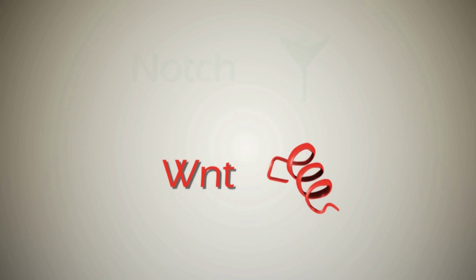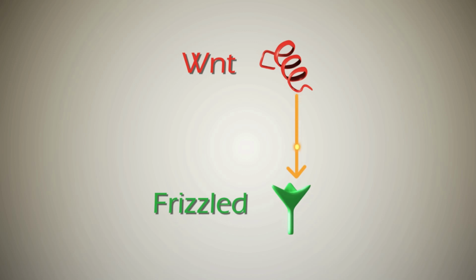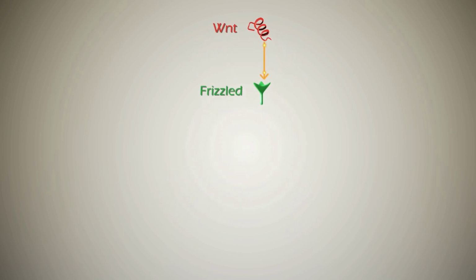The Wnt signalling pathway gets its name from Wnt, a short-range signalling molecule that binds to receptors of the frizzled family. Wnt signalling results in the degradation of a protein called beta-catenin through a series of steps involving other proteins. Binding of the Wnt signalling molecule to the frizzled receptor leads to the phosphorylation of a protein called dishevelled, and